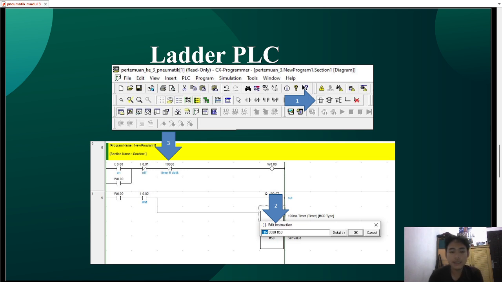And next, in the second rung, there is an input from a limit switch labeled as limit 1. This limit switch is a sensor that detects conditions in the field, for example, the position of a workpiece or the presence of an object.